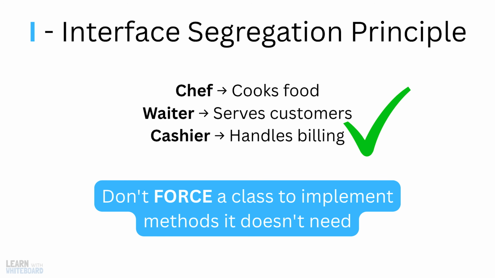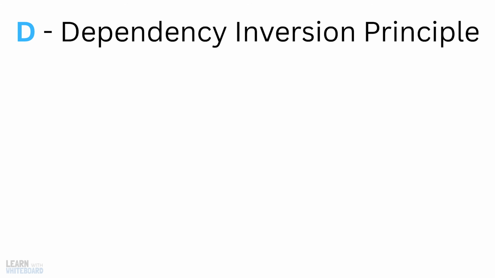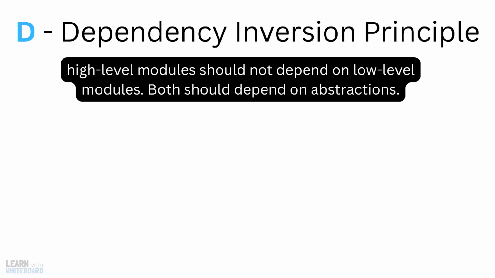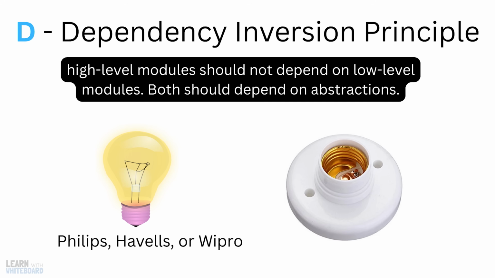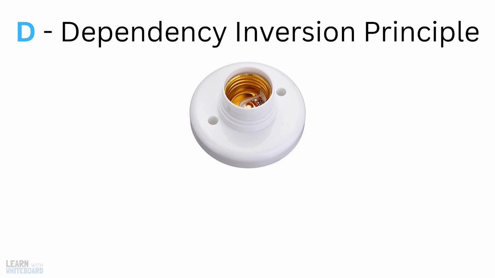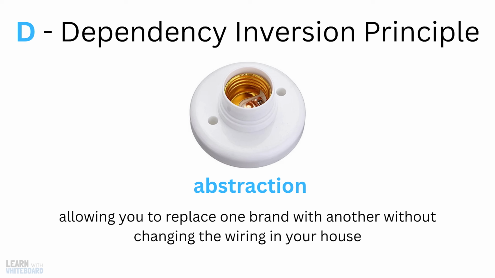The fifth and final principle is dependency inversion principle, which states that high-level modules should not depend on low-level modules. Both should depend on abstractions. This sounds complicated, but the idea is simple. Imagine you're buying a light bulb for your home. The bulb doesn't care whether it's made by Philips, Havells, or Wipro. It only needs to fit the standard socket. The socket acts as the abstraction, allowing you to replace one brand with another without changing the wiring in your